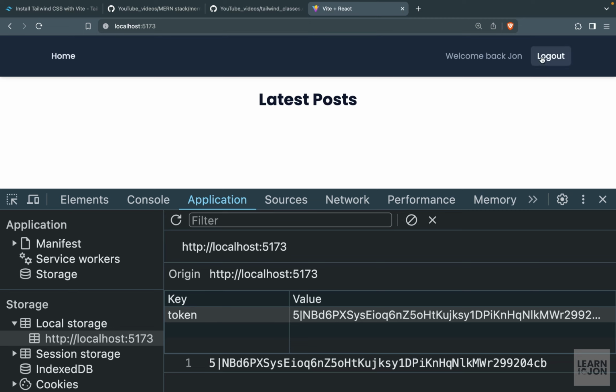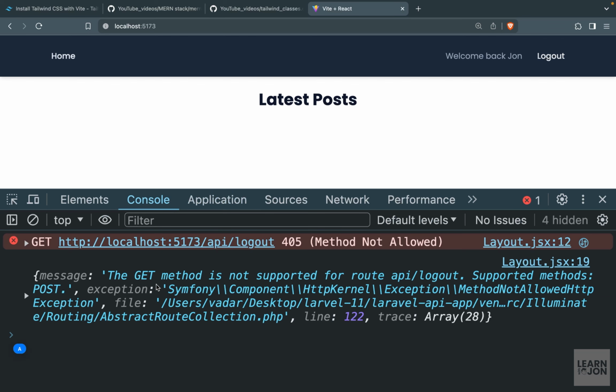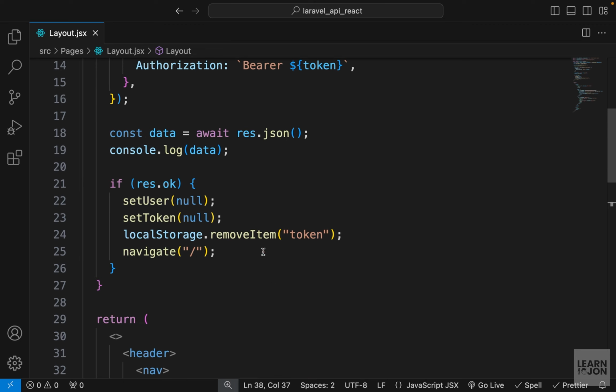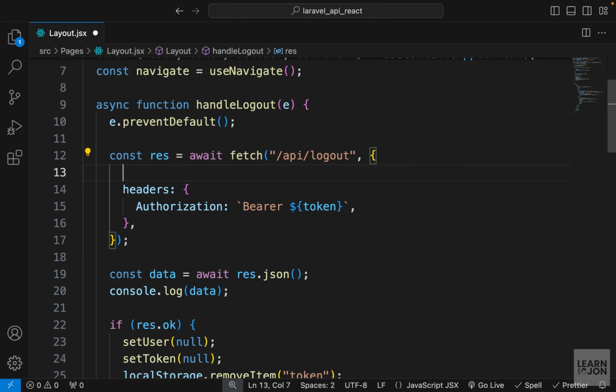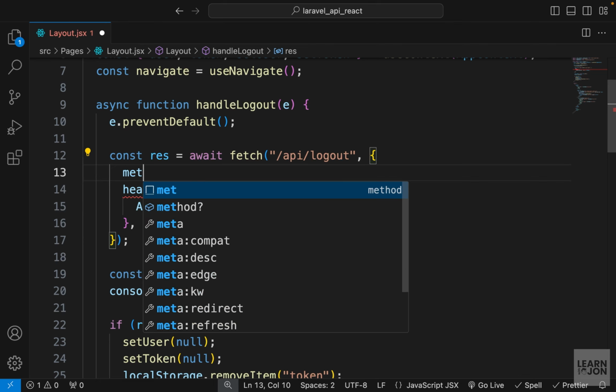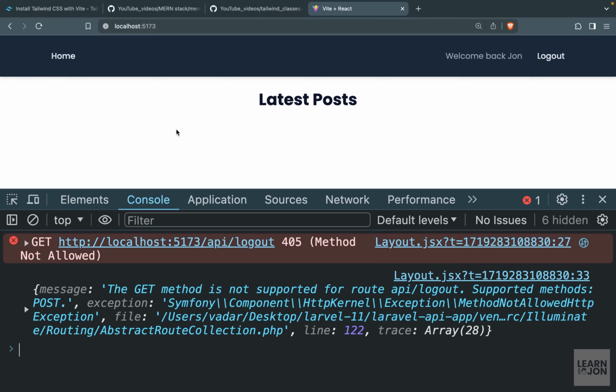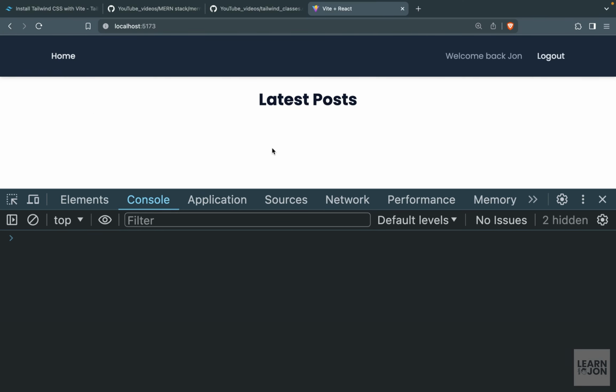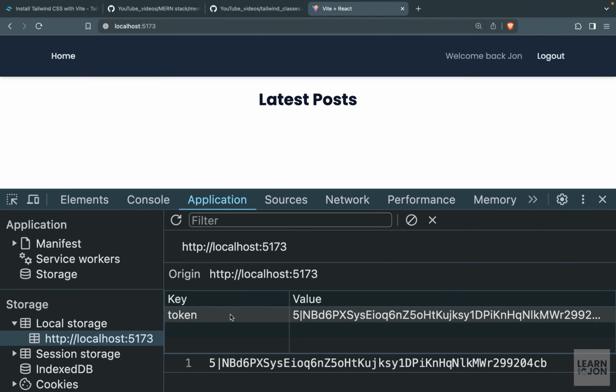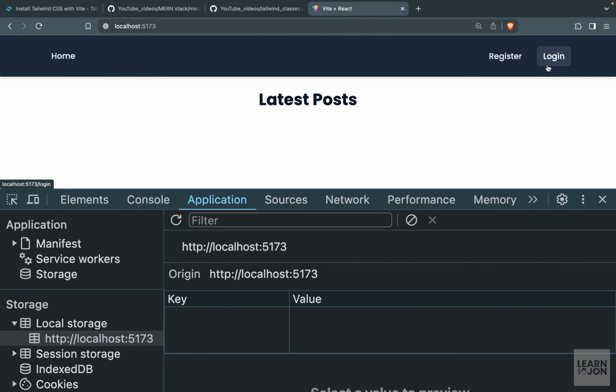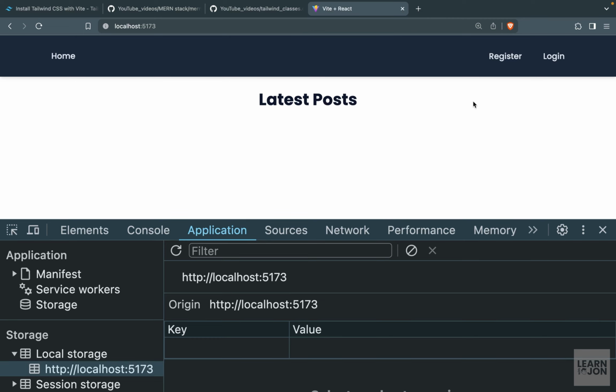And if I press logout, we get an error that says the get method is not supported. Sorry about that, because this is a post method. I'm sure you saw it, and I keep forgetting things. So we just want to set the method here to post. Okay, let's try this one more time. I'm going to reload the page. We have the token in the local storage, and let's press logout. The token is gone. We are back to the home page, and the navigation is also back for a guest